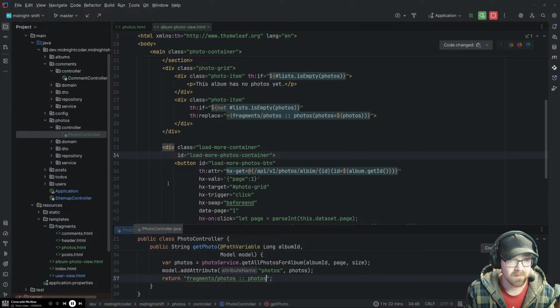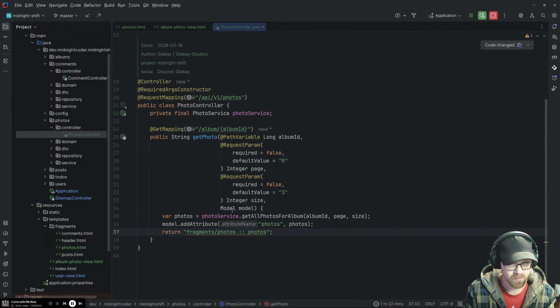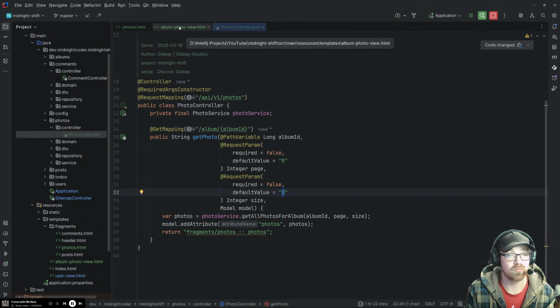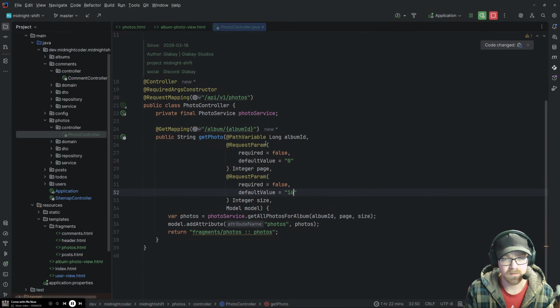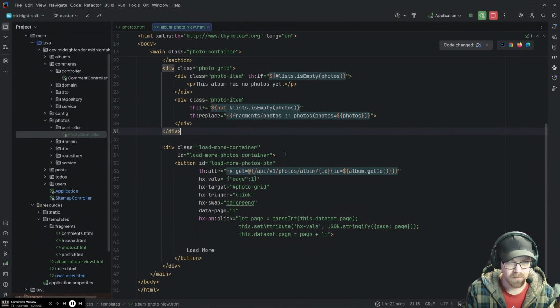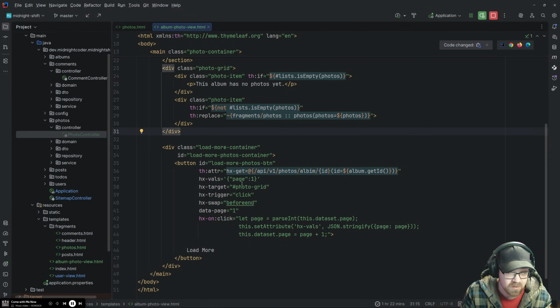So, okay, that takes care of the controller. The controller is now going to take in an album ID, a page number, and a size. The size of this, I think I was originally going with 16, so we're going to continue to load 16 at a time unless specified otherwise. There we go. Now in here, we're going to come in and say this. We're basically just adding page. We're not adding the other one, so we're not adding any amount. We're just adding in page.